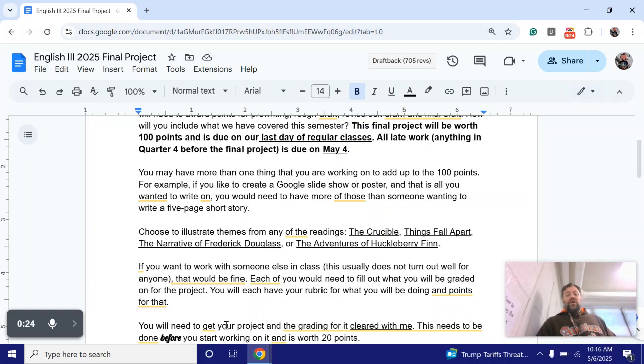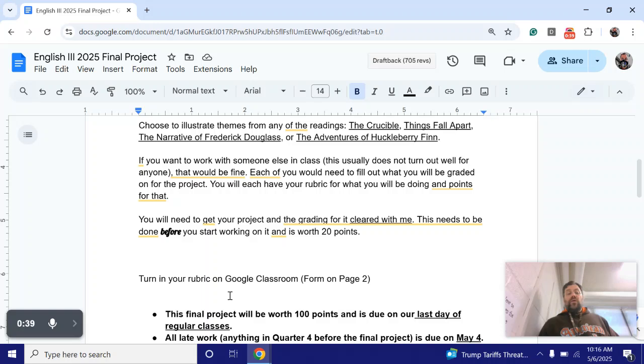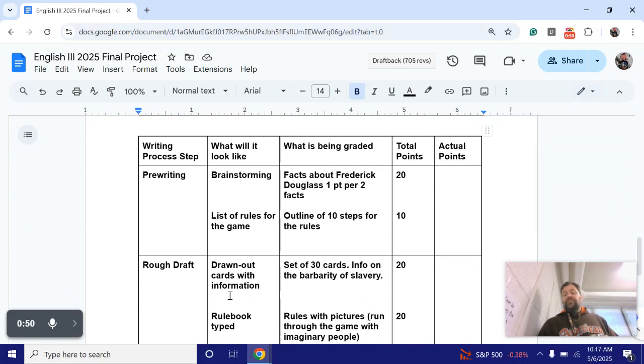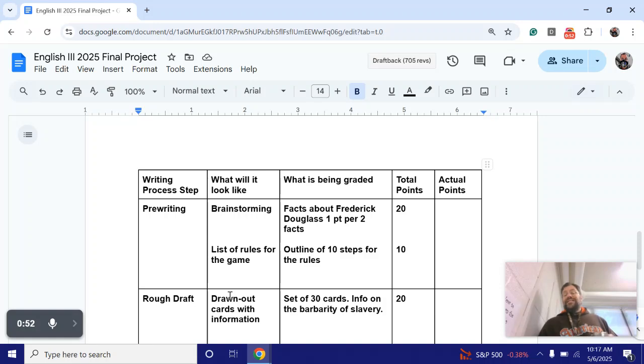For this rubric that's worth 20 points to you, you need to pick something from The Crucible, Things Fall Apart, The Narrative of Frederick Douglass, or The Adventures of Huckleberry Finn. You are illustrating themes from that in the project that you choose. When I looked at that list that's attached to the assignment, the one that stood out to me was making a game. So what I decided to do was make a game off of the Frederick Douglass book